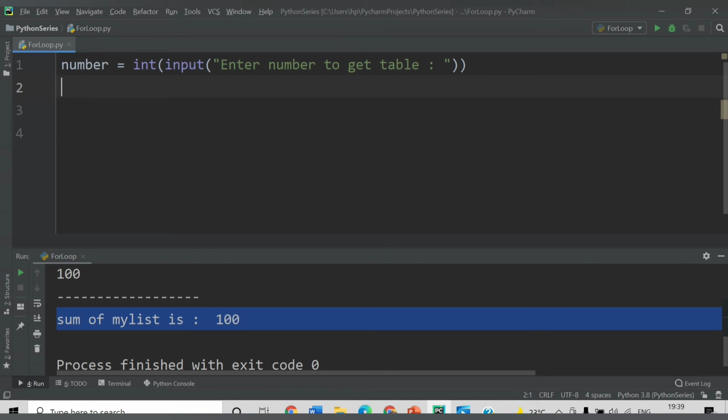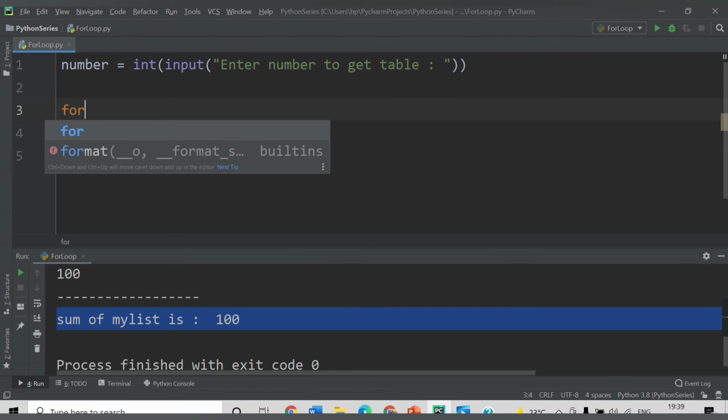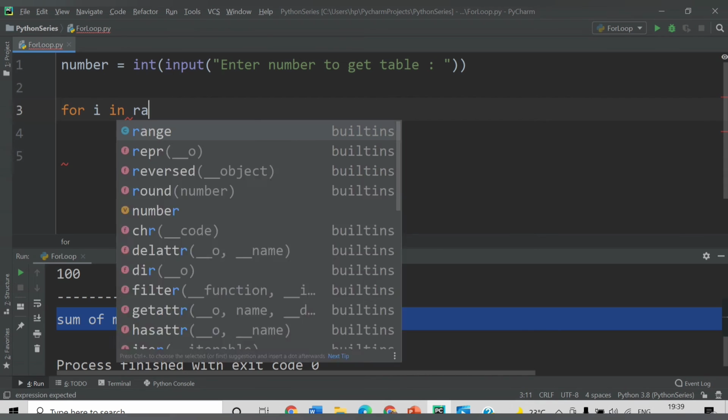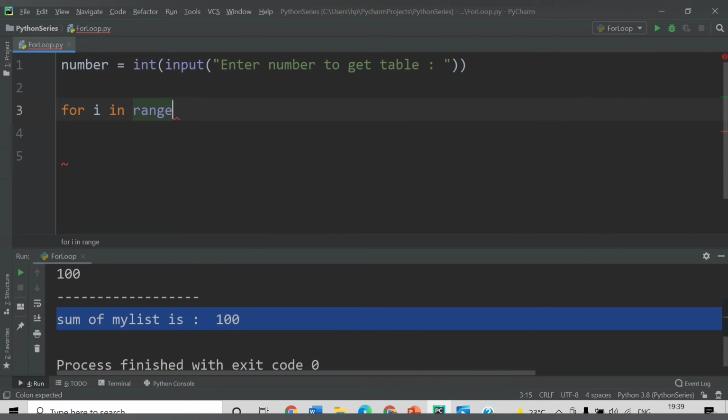And what we want to do now, so we will have one variable. We can directly have one for loop here for iterating variable I in range. So we want the table till 10. Let's say user has input the value 2, so we want 2 1s are 2 and 2 10s are 20.